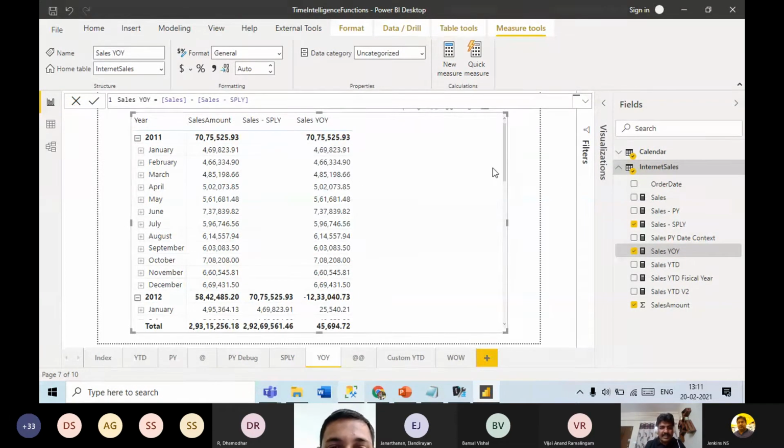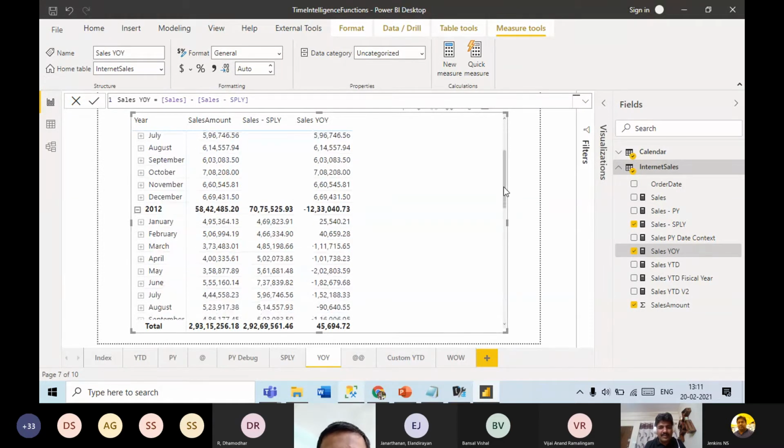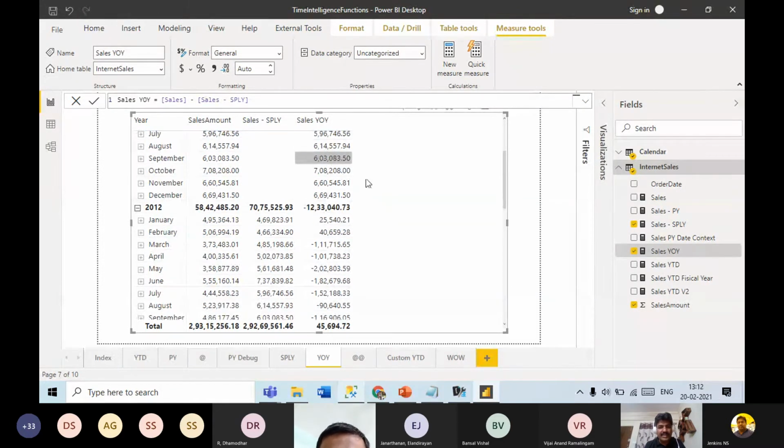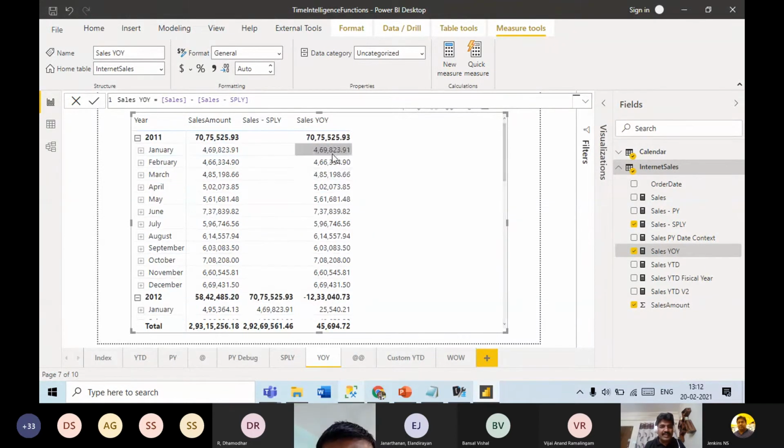You can see here that previous to 2011 there was no data, but it is putting whatever has come as a complete gain. And if you don't want to show that, I'll show how to hide it. Here the difference between this year and last year has come. It is very simple to hide. If you don't have the amount for the same period last year, then don't show it here.